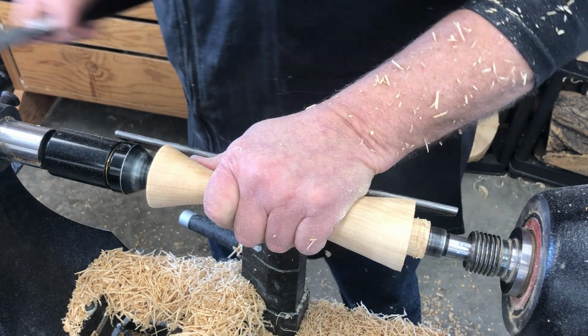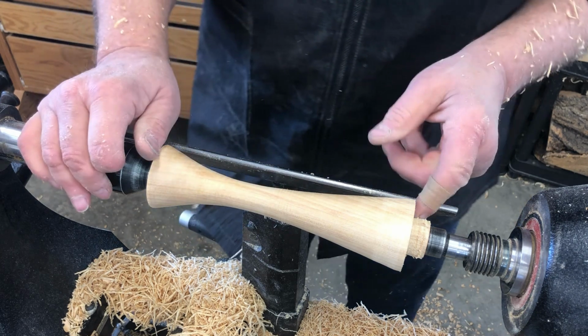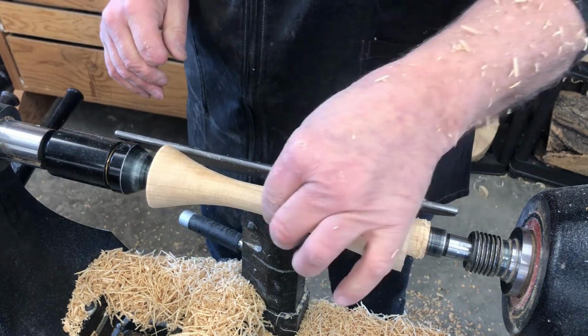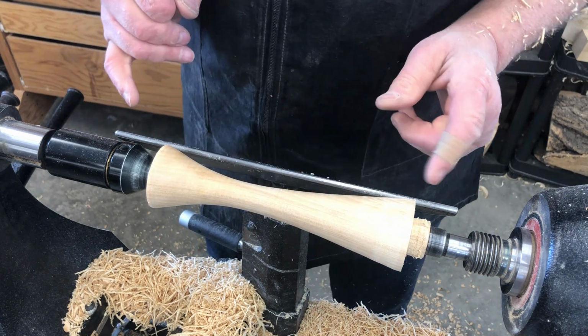Okay, that's getting to be pretty close. What I'm going to do now is finish off the ends, and then do a little bit of sanding. I could get that little washboard out of there. I think maybe we'll do that with the skew yet. But we're going to take the